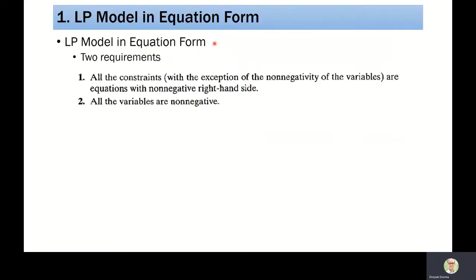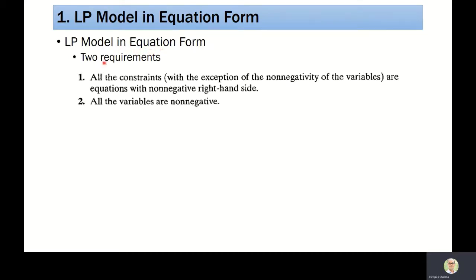In the previous chapter, we made the LP model, in which we wrote the objective function and constraints. For a problem having more than 2 variables, we cannot find a solution using the graphical method. In order to solve such a problem, we need one method. But in order to use that method, we first have to convert our LP model into the equation form.